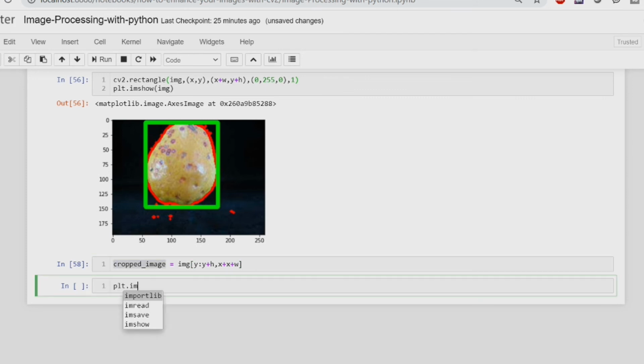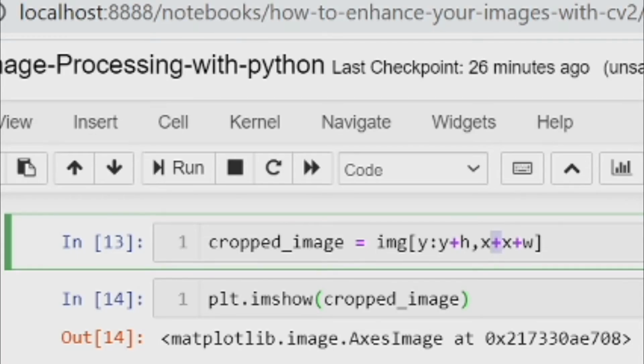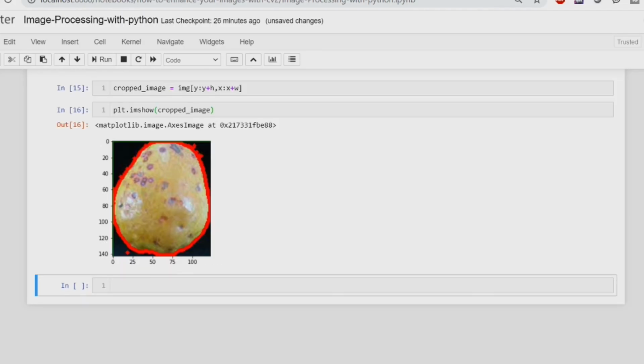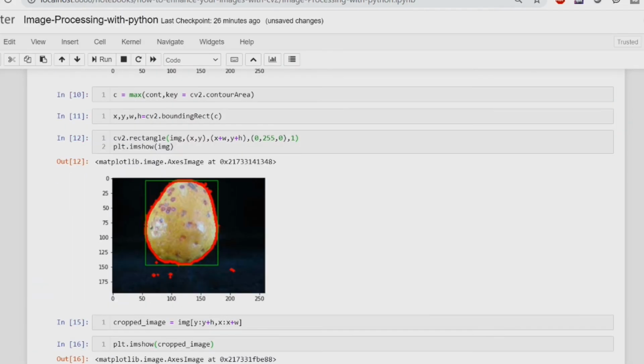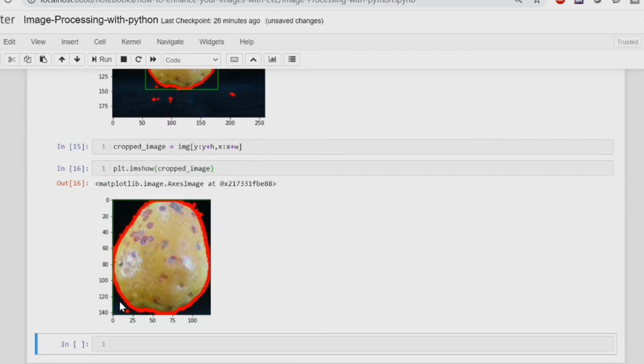And this is all. So let's plot this cropped image and see how this looks. Oh, we should have a slash over here. So now you can see the earlier image which had this black background is now gone, and you have an image which only has the product inside it.